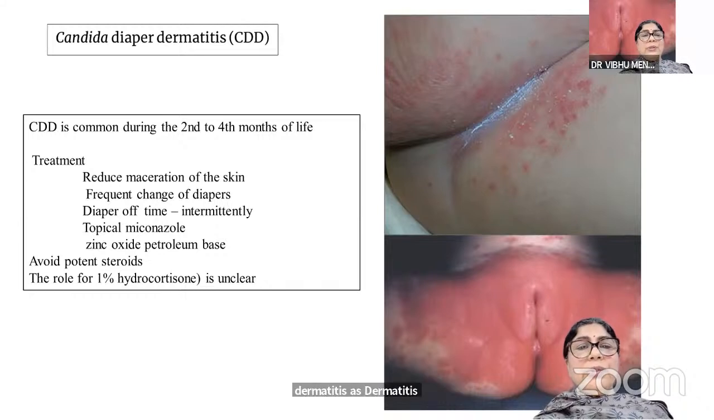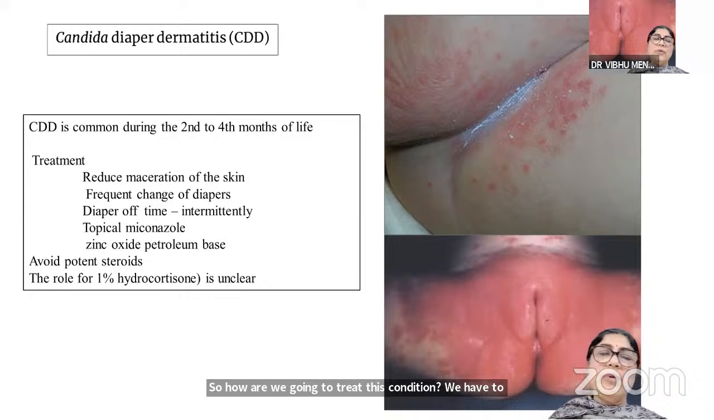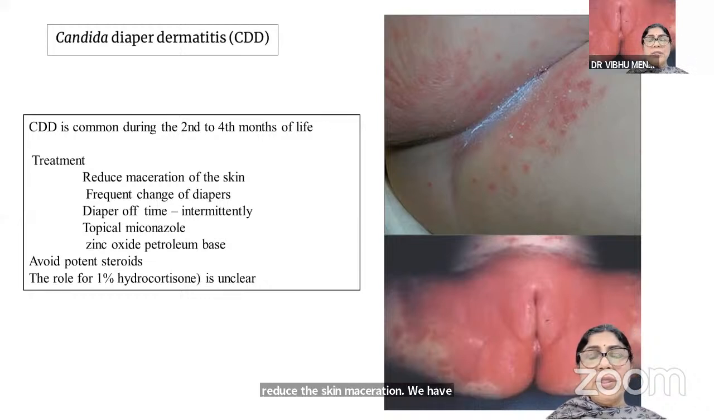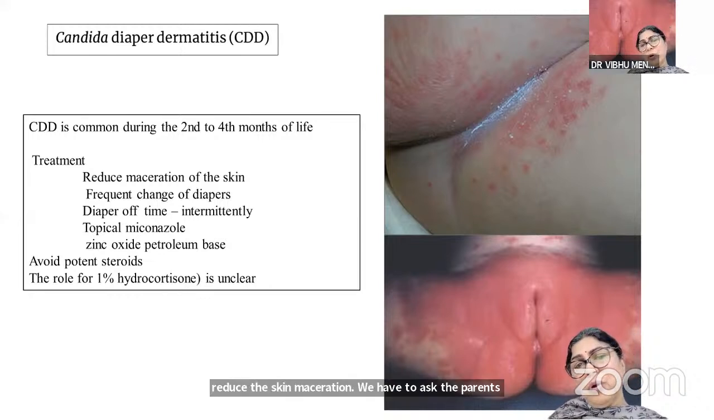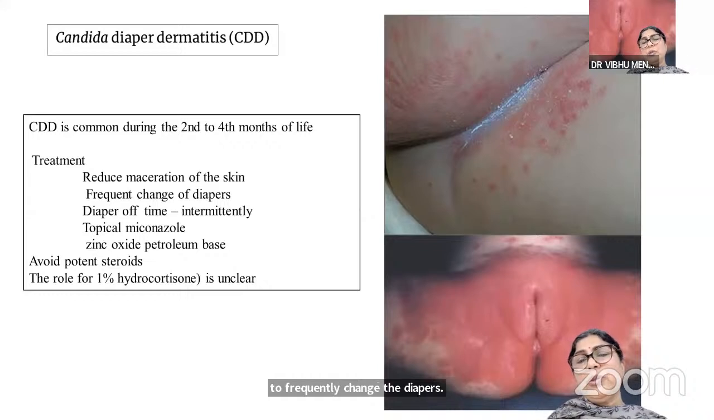So how are we going to treat this condition? We have to reduce the skin maceration. We have to ask the parents to frequently change the diapers. There should be diaper off time in between. The baby should be just exposed to the hot air of a fan or kept in the sun without the diaper. Topical miconazole cream is useful, and we can also use zinc oxide in petrolatum base because there is some